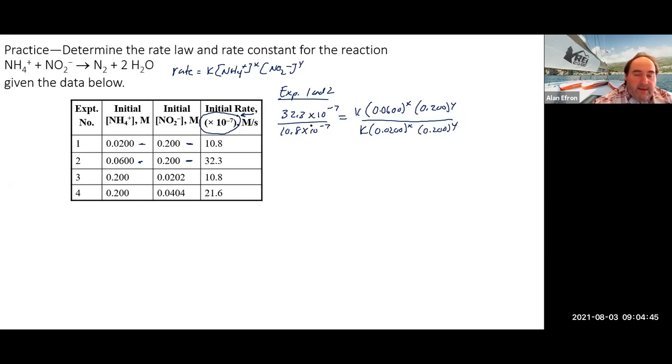Now doing a little bit of math, we end up with 32.3 times 10 to the minus 7 divided by 10.8 times 10 to the minus 7, and that gives us basically 2.999,